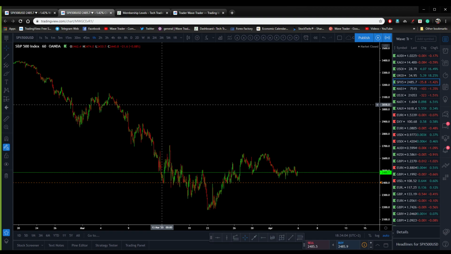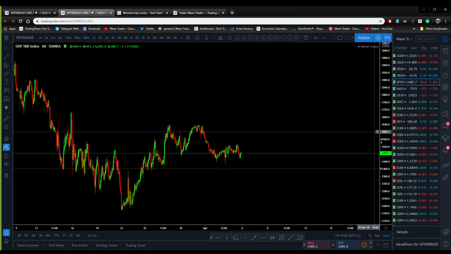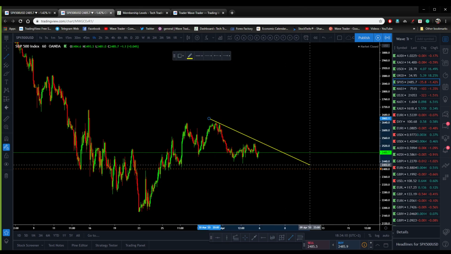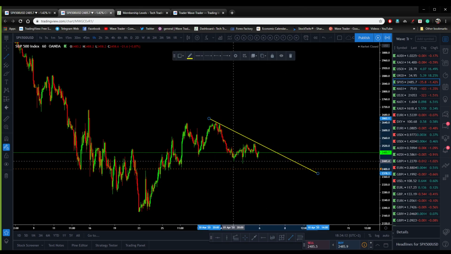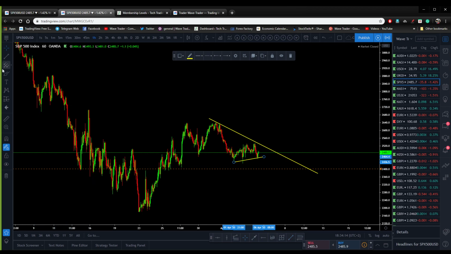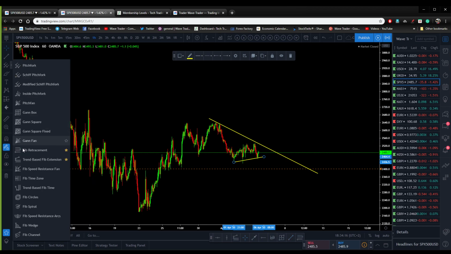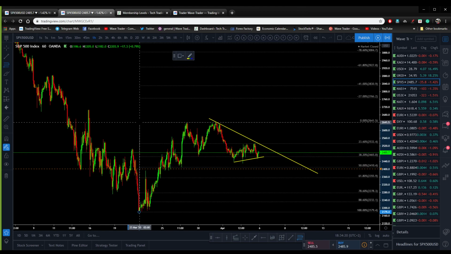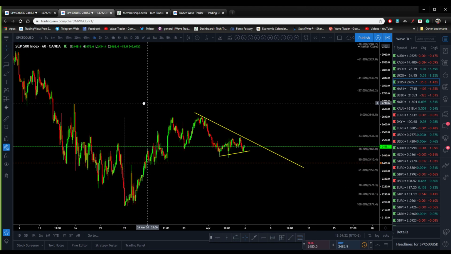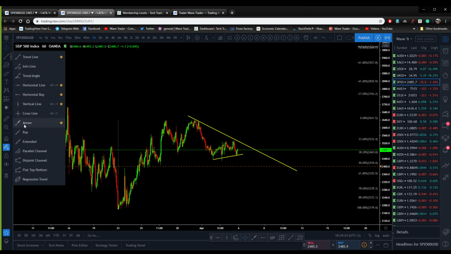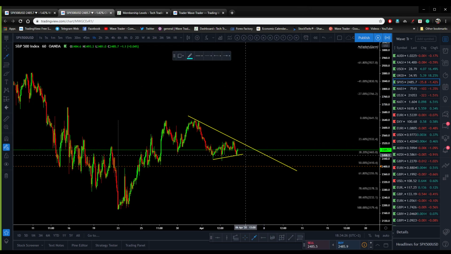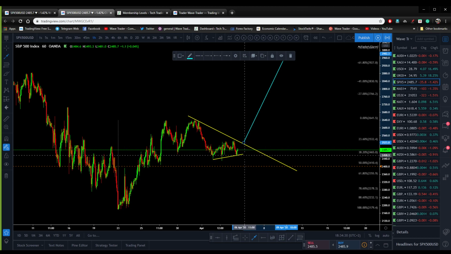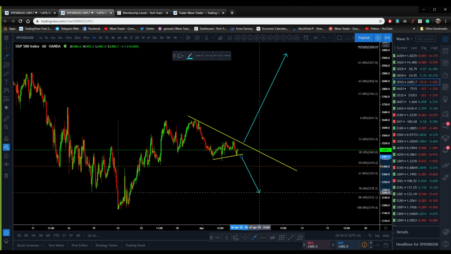You're looking for that to break out. Okay, so as I said, you're watching it to break out, this trend line to break out. If not breaking and going down for another move like that,